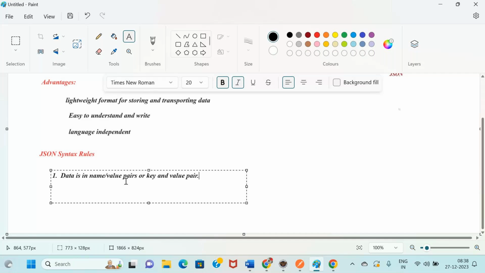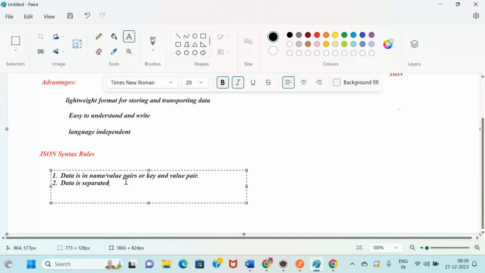And second one is, data is separated by commas.